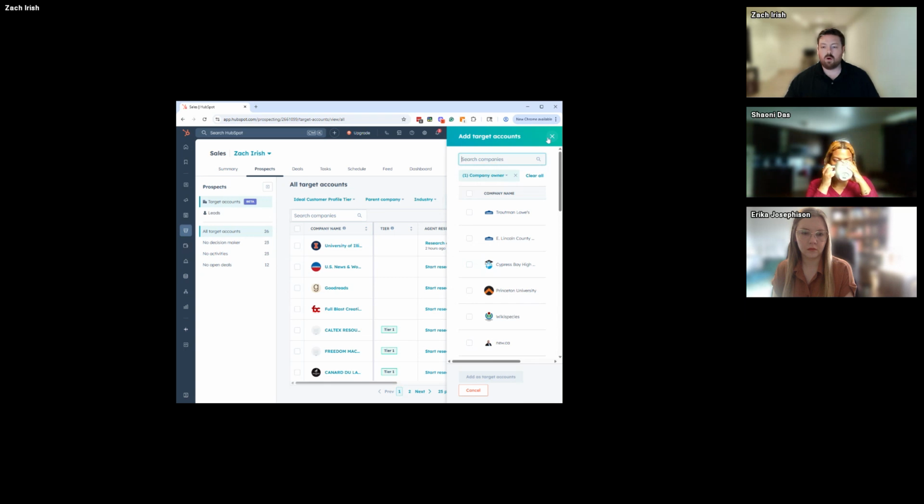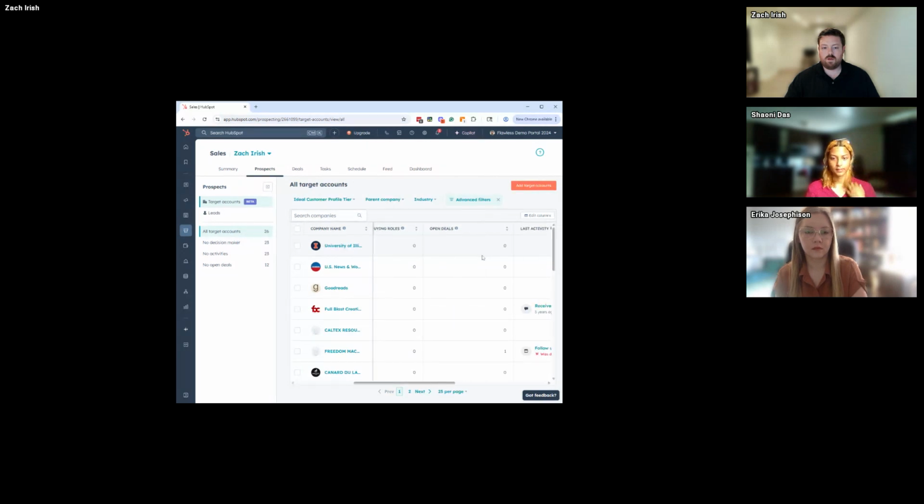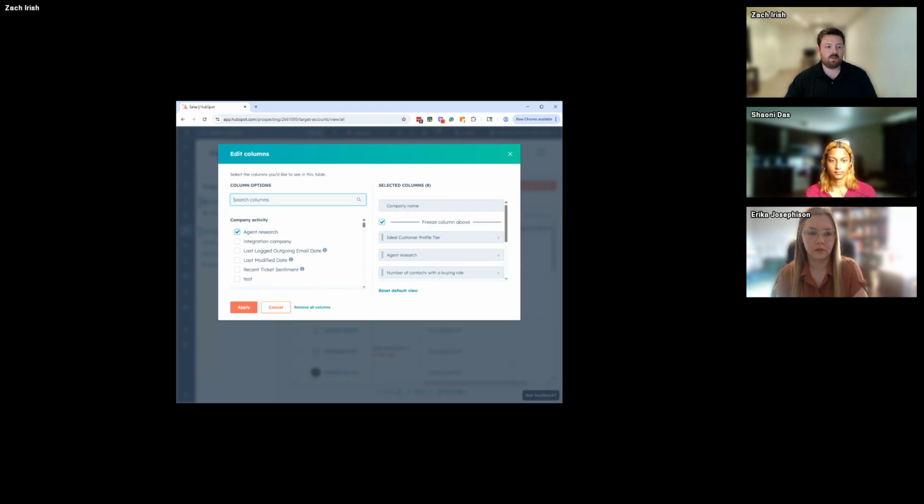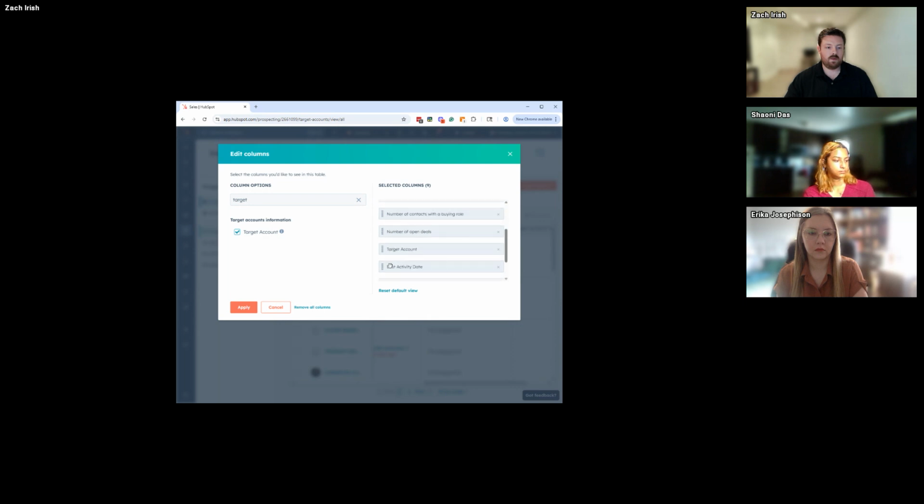We can also set workflows on the back end to automatically set target account. And the target account designation is just a property. So if I hit edit columns here, these are contact properties. I can add target accounts, and let me slide it up to the top. And you'll see all of these just say